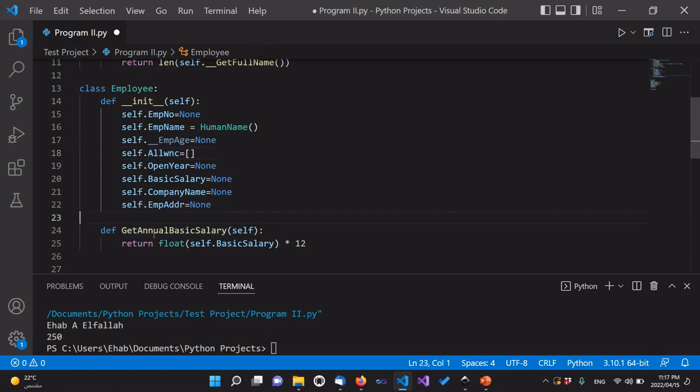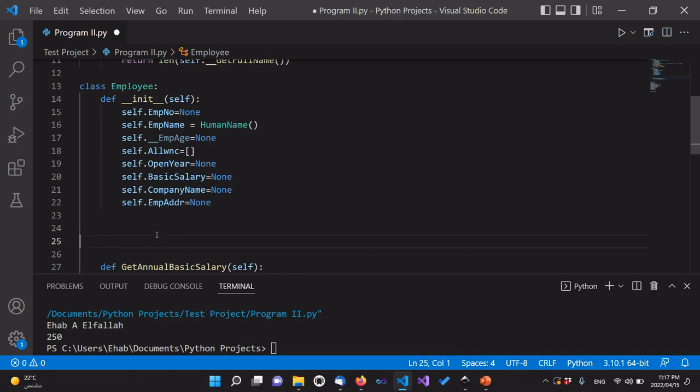Then we have to add the decorator for that employee age. So here we say add property, and we define the name. We write it here, and it will appear to the normal user. So here we will write employee age,